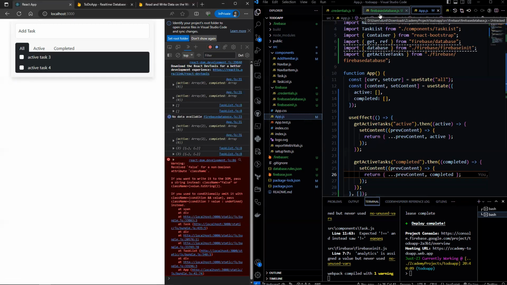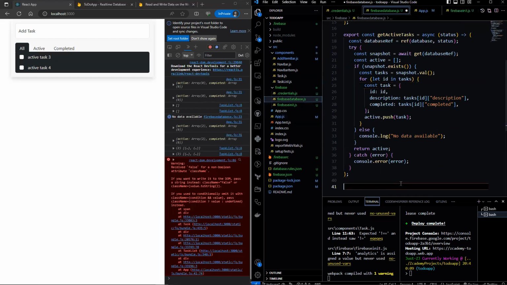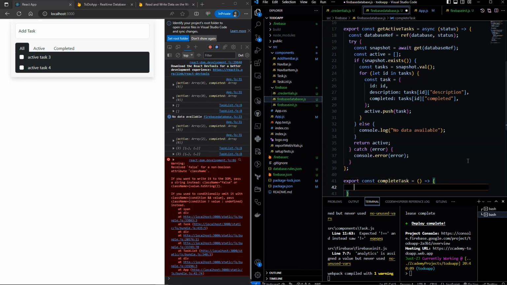Now let's head over to the Firebase database file and add a function to complete the task. Let's call this completeTask. Before that, let's change the name of the function as well. Let's change it to getTask.